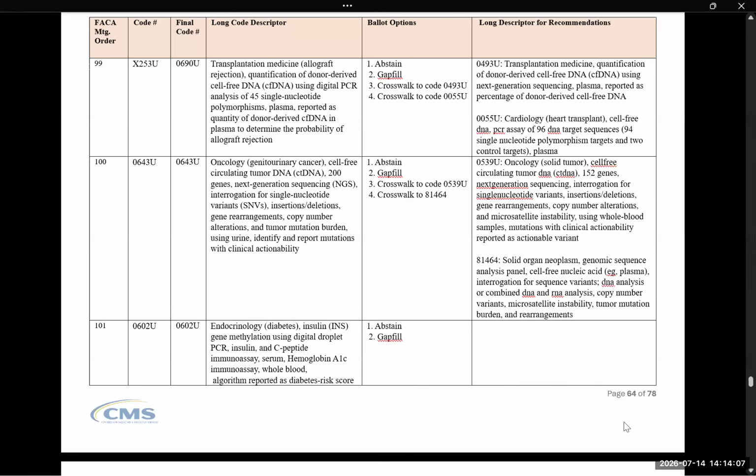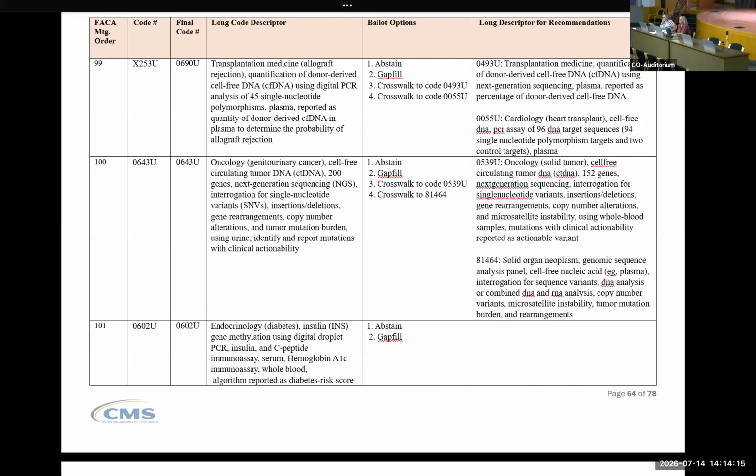Oh, we're not seeing it just on the screen. Just for clarification, it won't be on the screen, but it is on the ballot, and when you see results reported out from this, you will see it on the ballot. We just don't have the capability to change the chart that's online on the fly. Could we repeat that one more time? Which code is it, and then the ballot shift?